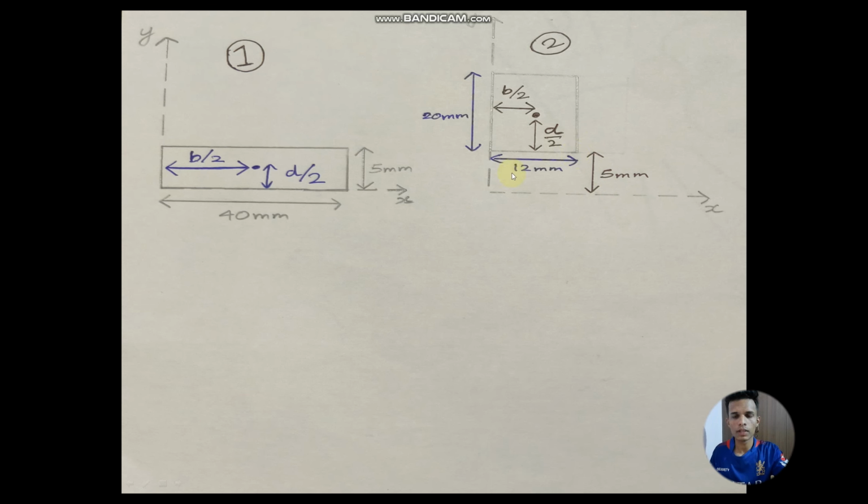And the distance from the y-axis to the centroid is b by 2, that is 12 by 2. So 12 by 2 we get 6, and d by 2 we get 10, including this 5 millimeter we get 15 mm. So the centroid is 15 mm above the x-axis and 6 mm in front of the y-axis. Moving on to the next figure,